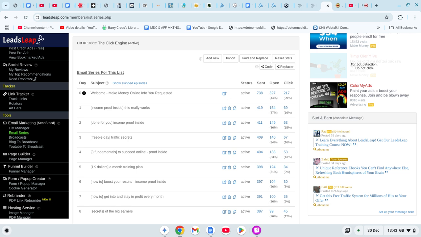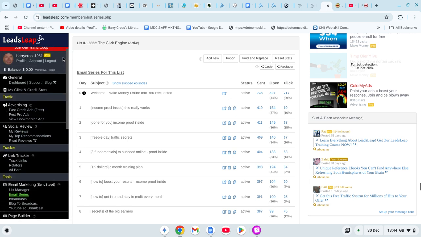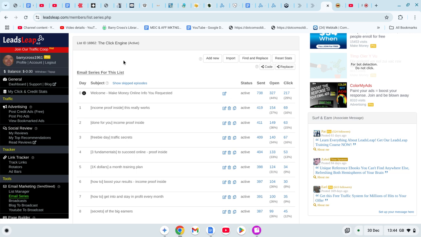If you upgrade to Pro, it's a fixed price, not just for the autoresponder, but for all these tools that you're going to be able to use in the menu down the left-hand side here. Absolutely superb value. Now, there's a couple of things you need to be aware of when list building if you're new, and that's deliverability into the inbox. And that's why SendSteed is another reason why I use it, because if you look at one of my click engine email lists here, you'll see that in the sent column,